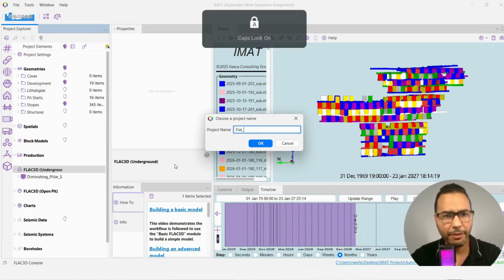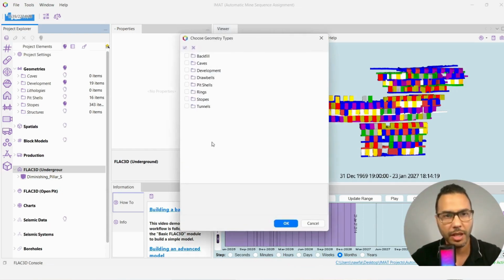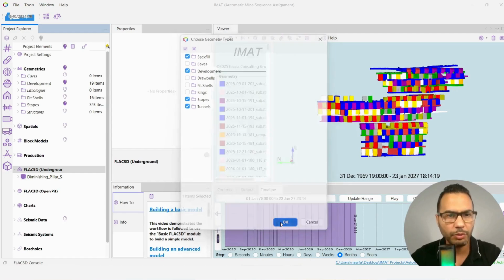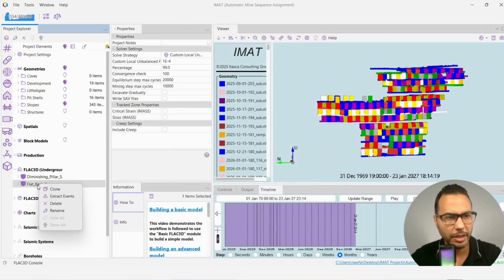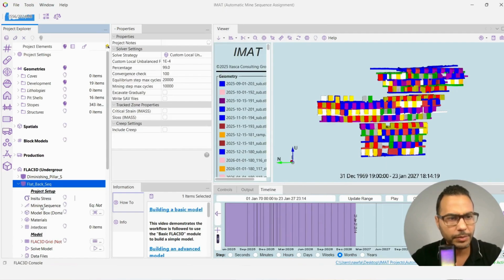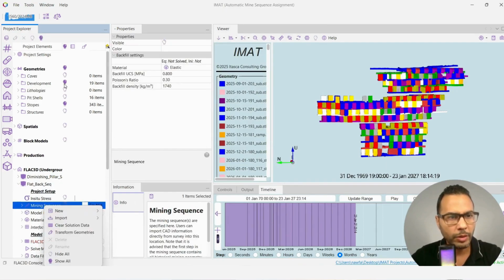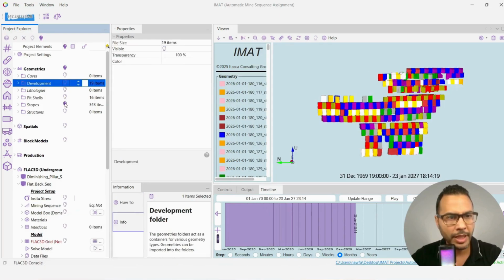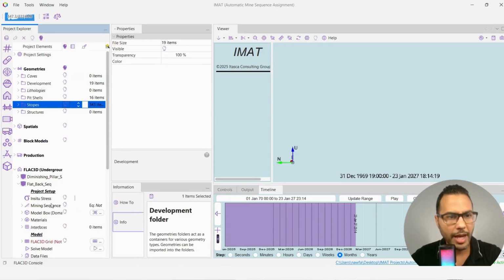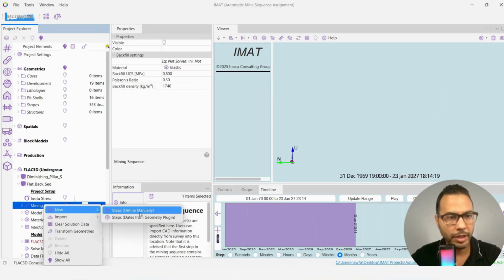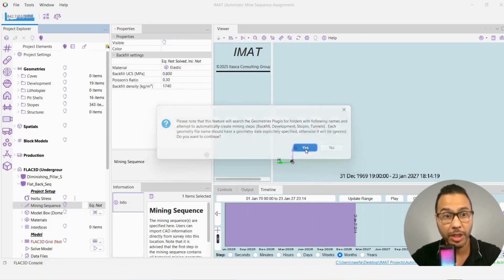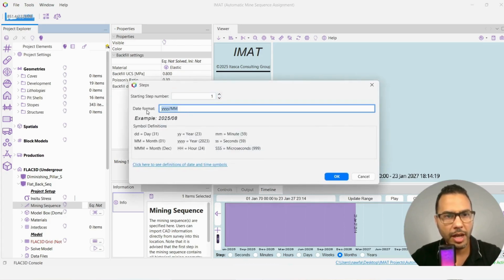So let's create a flat 3D project called flat back sequence. The shapes that are relevant are backfill, development, stopes. Now, tunnels we don't have to, but I included it. Mine sequence. So again, I hide development and stopes so that I can import my mine sequence from the geometry plugin. Starting step number one, and the date obviously is